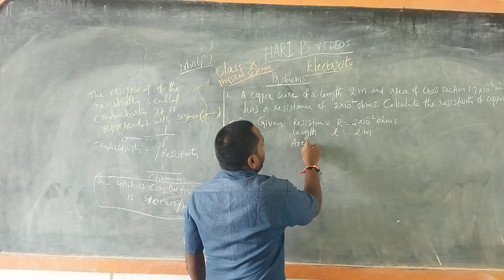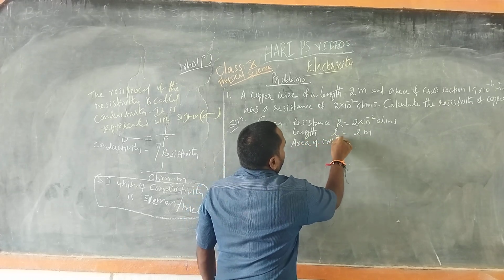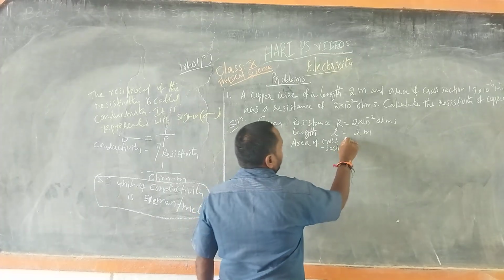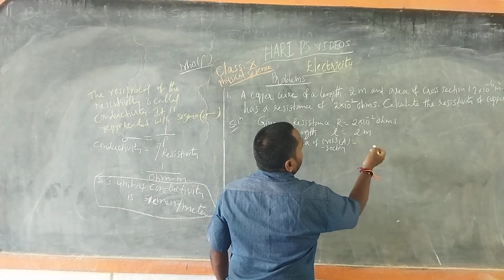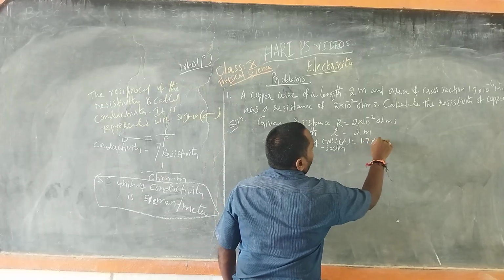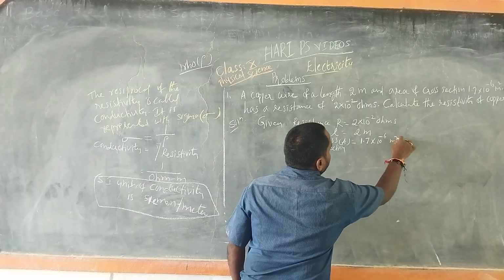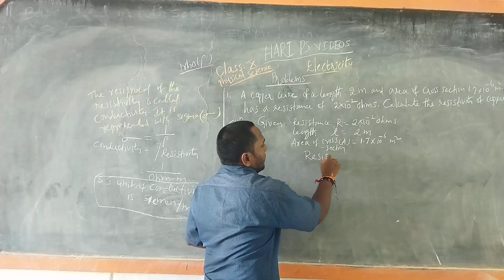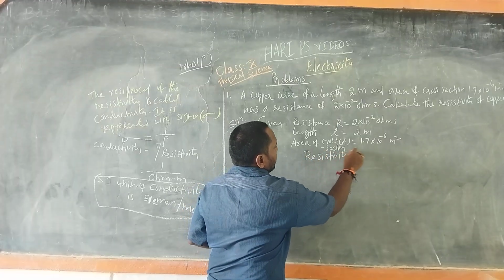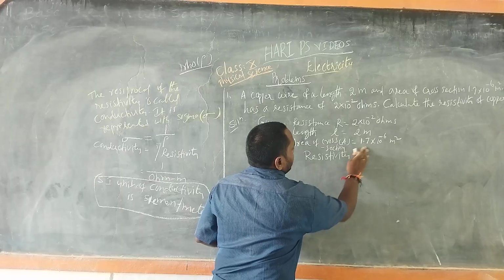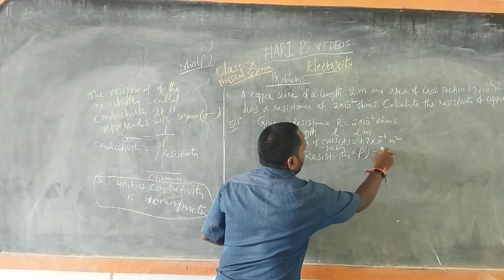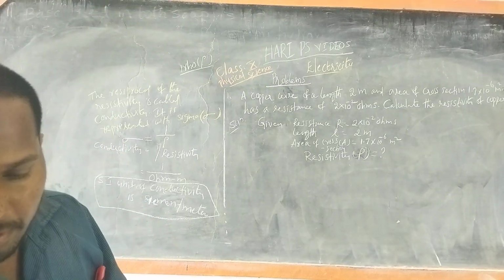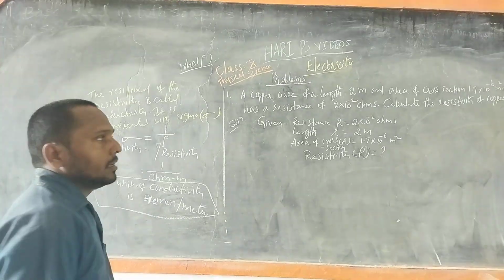Then area of cross section A is equal to 1.7 into 10 power minus 6 meter square. Then what we need to find? Resistivity rho is equal to